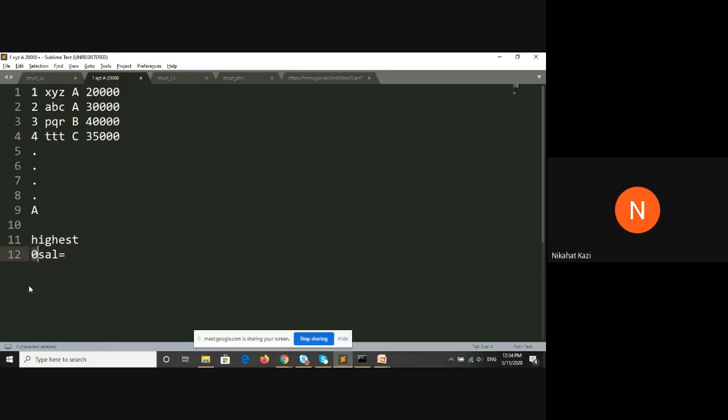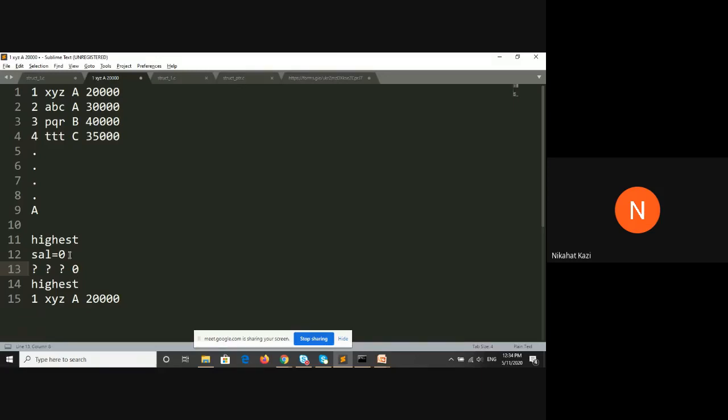So once I replace this, what will happen? My entire highest record will be something like this. In this, you will have 1, XYZ, A, 20,000. Earlier it was something, I don't know, garbage, and the salary was 0.